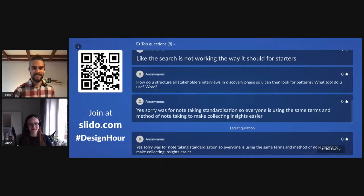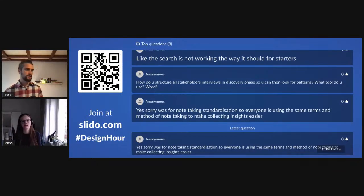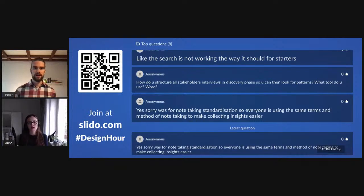Yeah, I think there's a clarification for the first one. For the note-taking standardization, so everyone is using the same terms and methods of note-taking to make collecting insights easier. Yeah,